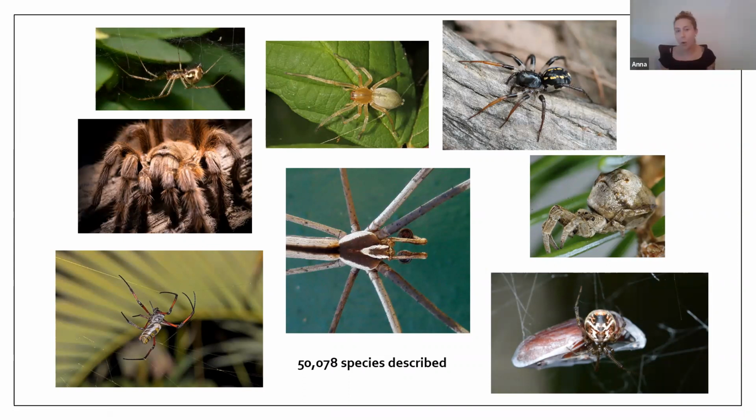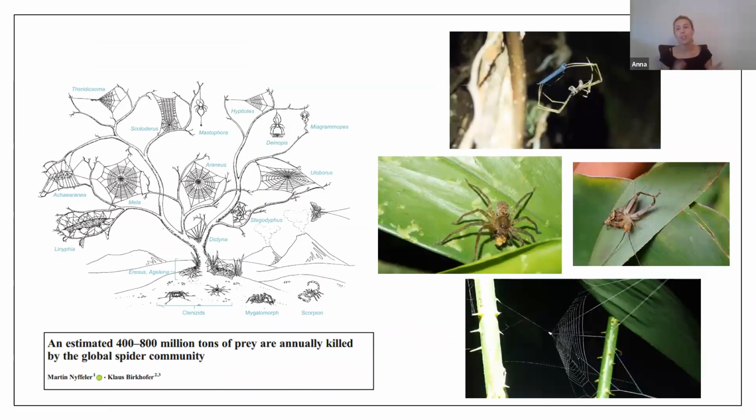And through their coevolution with insects, of course, we have this really incredible functional diversity that has emerged in terms of web architecture, lots of specialized web architecture, but also looking at different active hunting strategies, such as the sparacids or the huntsmen and the salticids. Obviously, the most loved spider being the jumping spiders by most people. And so we know today that they're arguably the most important terrestrial predator, consuming around 400 to 800 million tons of prey annually. So of course, they're really essential in nearly every terrestrial ecosystem.